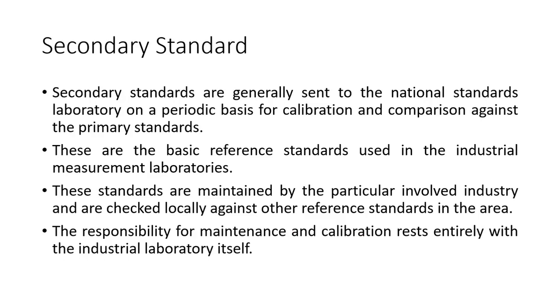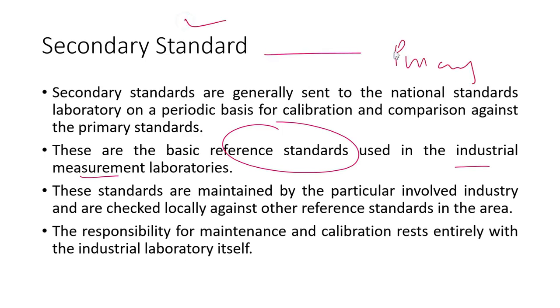Similarly, the secondary standards are generally sent to these primary standards for calibration, and these secondary standards are used as a reference in the industry. So these are the units that are kept inside a factory, and other things are calibrated with it. This means that if we have a 1 meter rod kept in the industry as a secondary unit, other meter rods would be compared with this meter rod. So this thing is now accessible, and this thing was compared with the primary. So this was checked with the primary, and it is checked periodically with the primary,